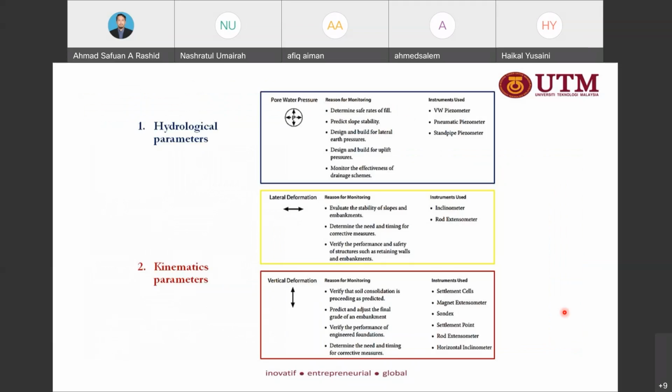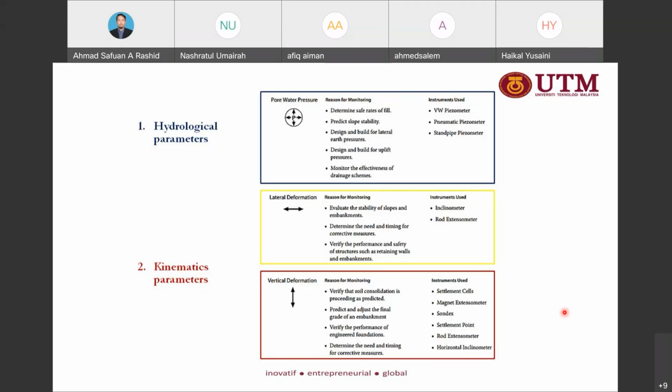Okay, hydrological parameter, kinematic parameter. They have two types of kinematic, lateral and vertical. For the pore water pressure, the author has listed the reasons for monitoring: determine the safe rate of fill, predict slope stability, design and build for lateral earth pressure, design and build for uplift pressure, monitor the effectiveness of drainage scheme. The methods that we use are the vibrating wire piezometer, VW piezometer, pneumatic piezometer, and